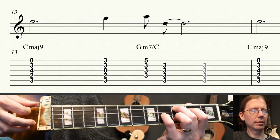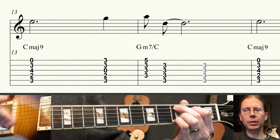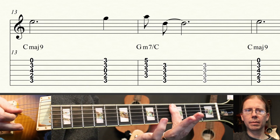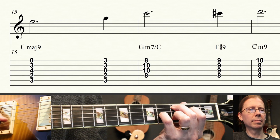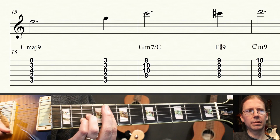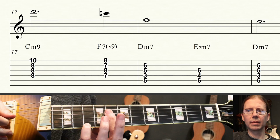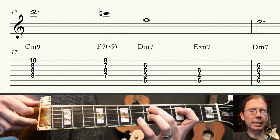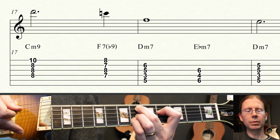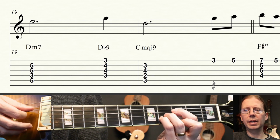Okay, so we have C major 9, pivoting over from the other fingers, getting the 4th finger to the string 1. Third position. C major 9 again. Bringing fourth finger over to string 1, fret 3. Okay. G minor 11. F sharp 9. C minor 9. F7 flat 9. D minor 7. Keeping the string 2 ringing and moving the lower 3 notes up a half step. Okay, now we have D minor 9. Okay, we have D flat 9, sharp 11,